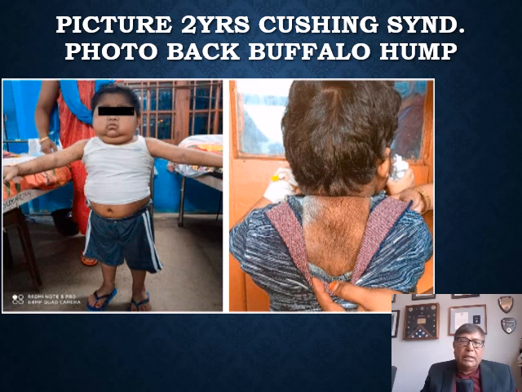This is the picture that again is from the library of Cushing syndrome. So there is no need of getting any permission. The royalty has expired. So this is a kid 2 years old with Cushing syndrome. As you can see, there is a moon face and there is some abdominal obesity, but not much in the extremities. And this is another picture of the same person,